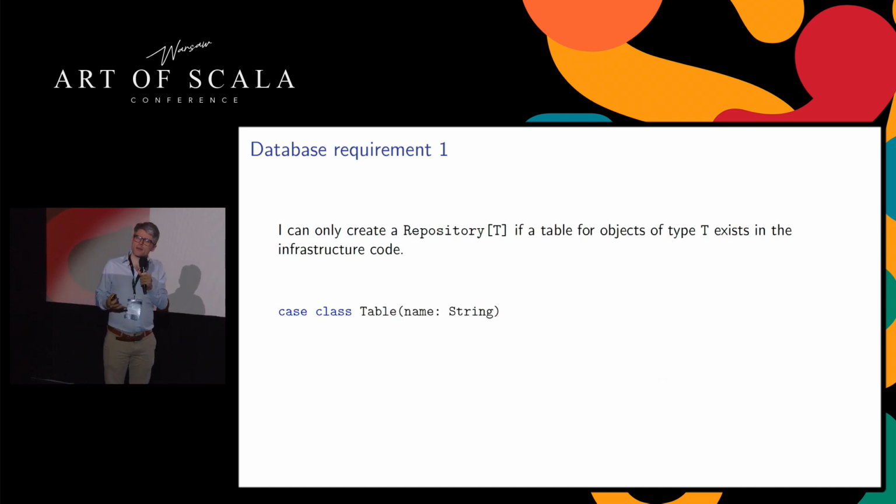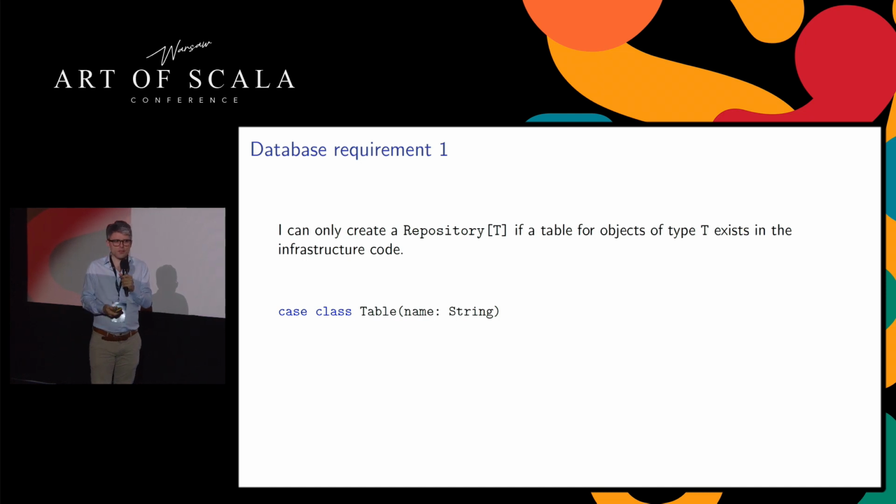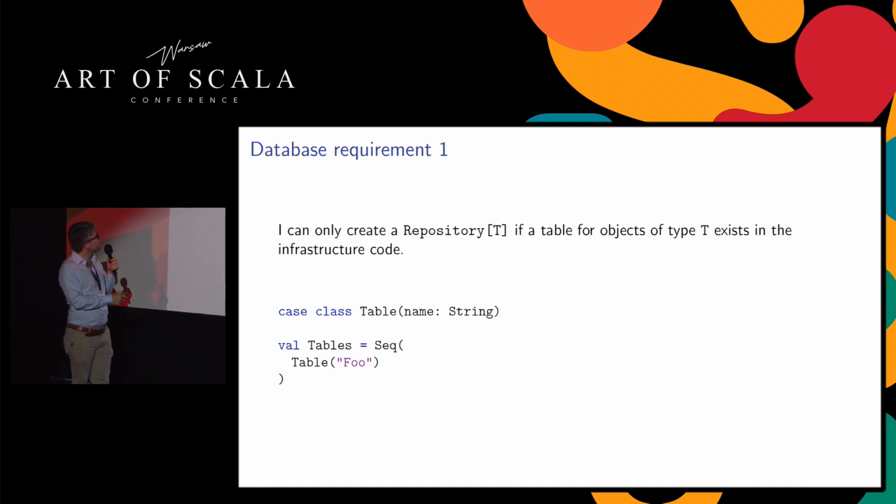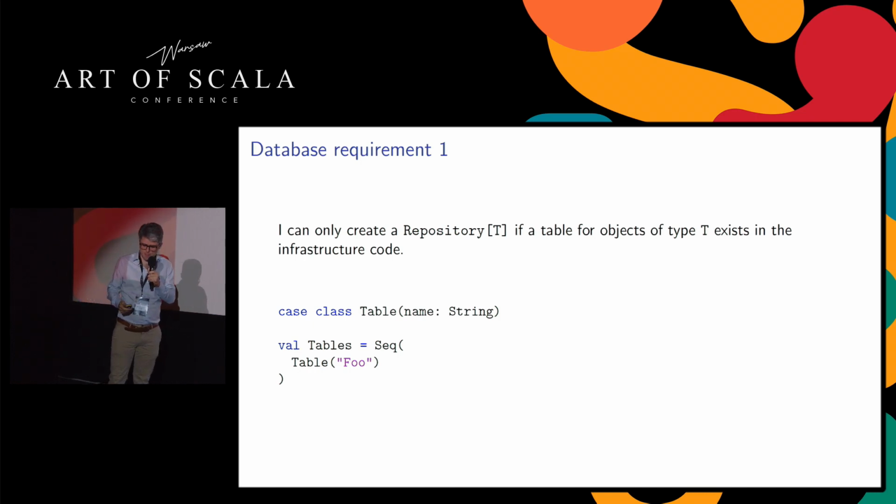So let's describe our database. And the most simple description of a table is just that it is a table and the name. So we can define our tables like this. But we can enter everything we want here, because this is just a string. So this is not strong enough, because now we don't know that this table actually contains full objects. It just has this name, which is just a string. So we need to find something stronger, I think.